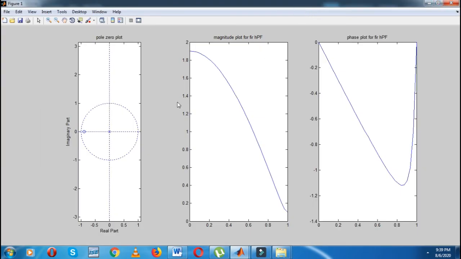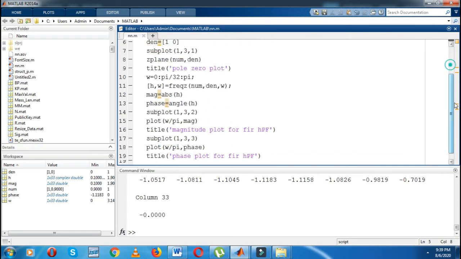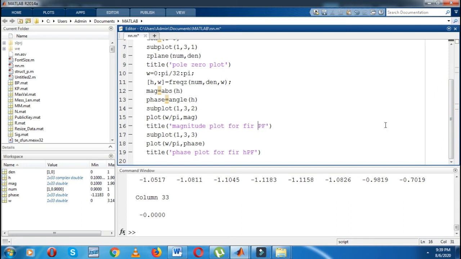Now you can see that whatever the low frequency is, the initial frequency, that is going to pass. After that the graph monotonically decreases, so the high frequency is rejected. Why? Because the 0 is present at this position. Whatever the high frequency is, that will be rejected by the 0, and whatever the low frequency is, that becomes pass. So that's why this is nothing but an FIR low pass filter. Okay, so you can write FIR low pass filter.